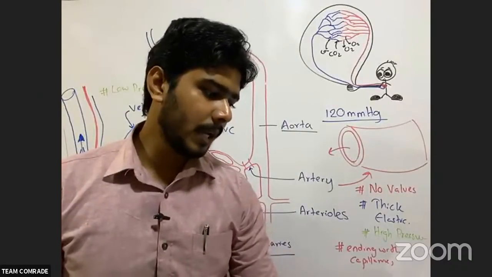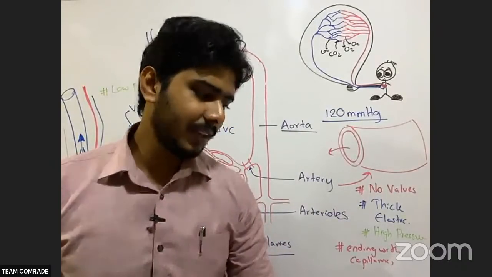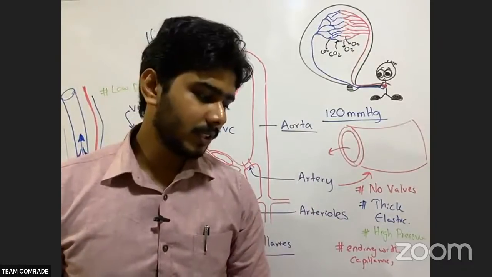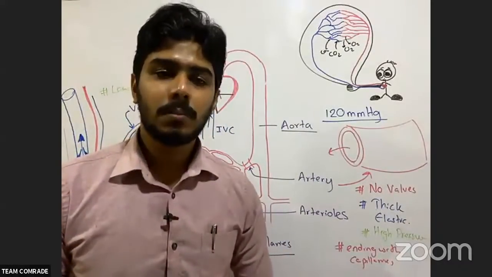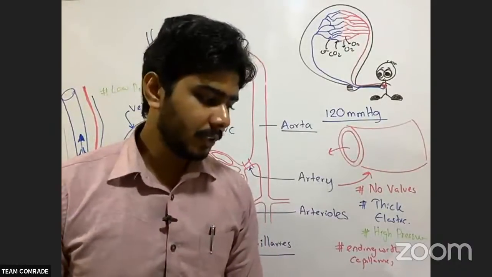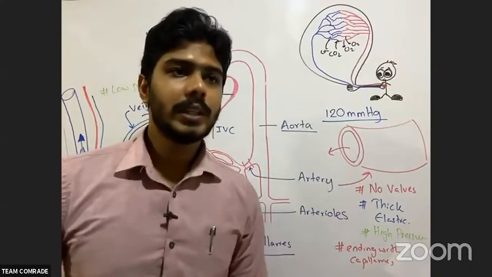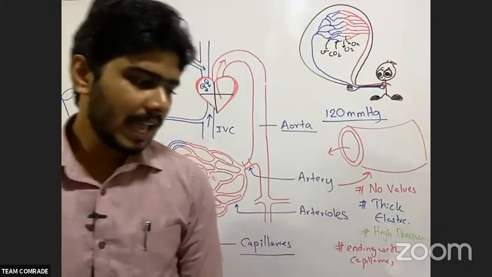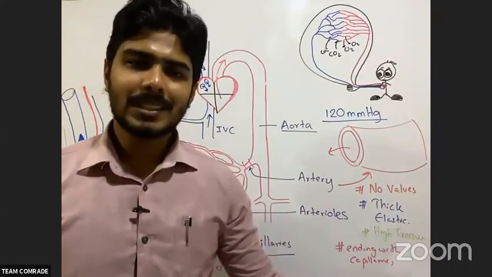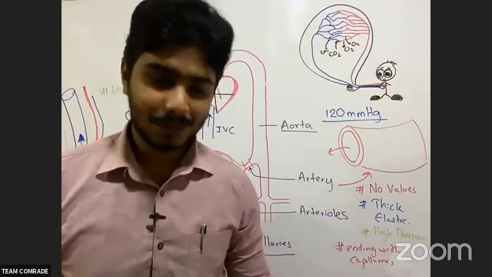Then through the pulmonary veins into the left atrium, and to the left ventricle. The blood is coming into the heart. Then the blood is going to the entire body through the aorta, so entire body tissues through the aorta. So that is what happens in brief, but I told you the entire process.